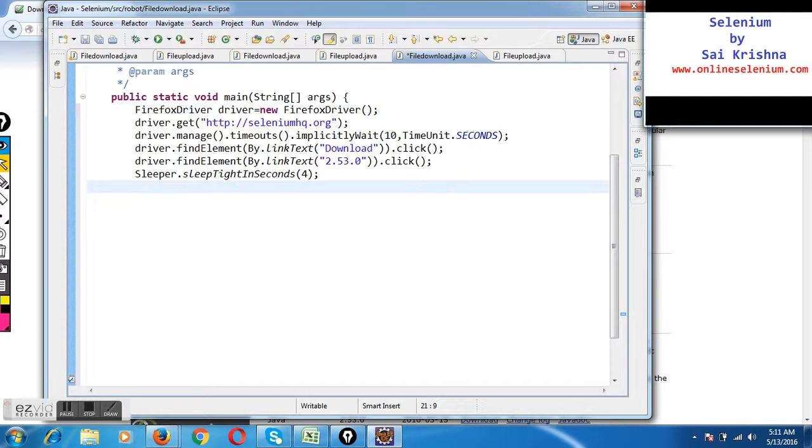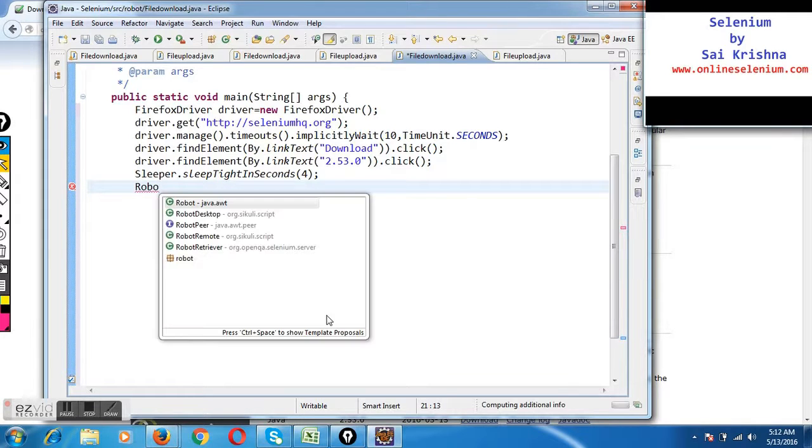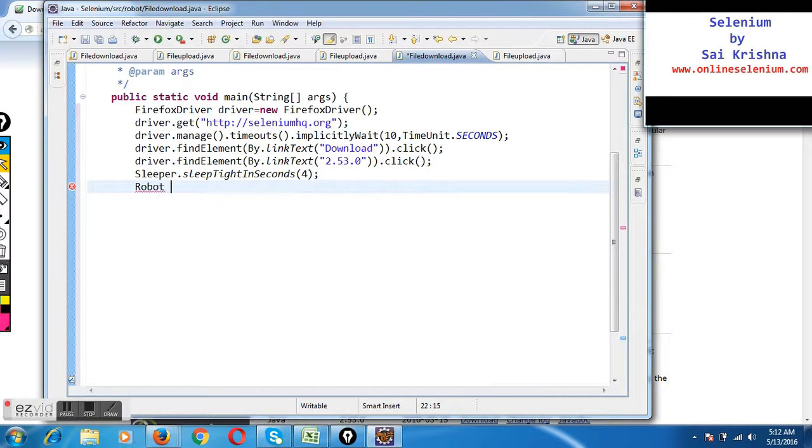Just watch what I'm doing. Give a few characters, hit control space so that the necessary packages are imported, and pick the first one, java.awt. Let's create an object. I'll call my object RB equals new Robot. Once the object is created, it's throwing an exception, so let me click on add throws declaration.